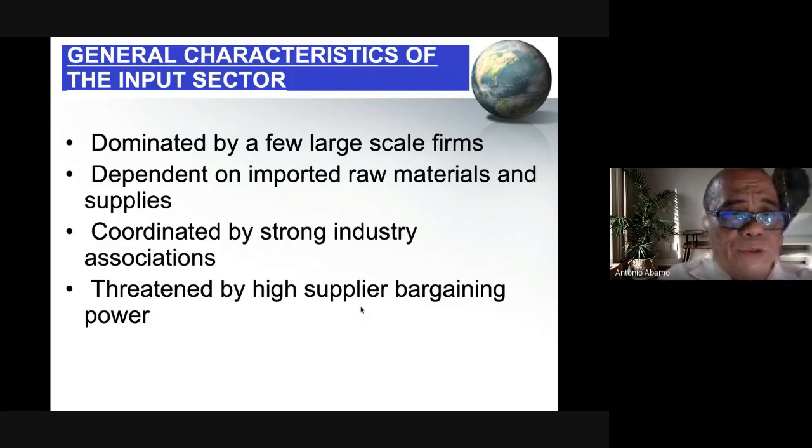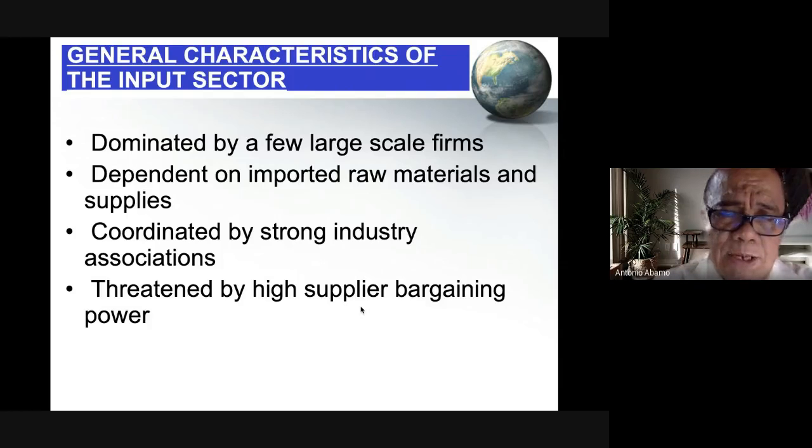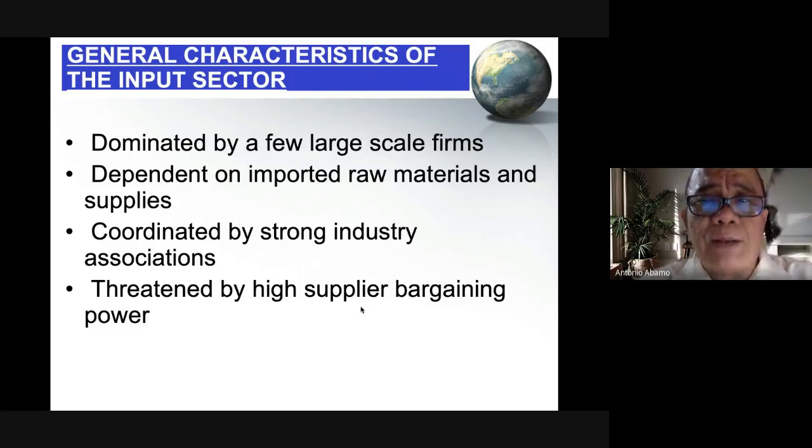From production inputs to agro-processing inputs, the same: dependent on imported raw materials in the case of agro-processing. Another characteristic is that the industry is coordinated by strong industry associations. There are various ones: the feed milling industry association, the livestock industry association, and several others. That is how far we can go in terms of supporting. It's very essential because these industry associations provide a window of support to our agribusiness firms operating